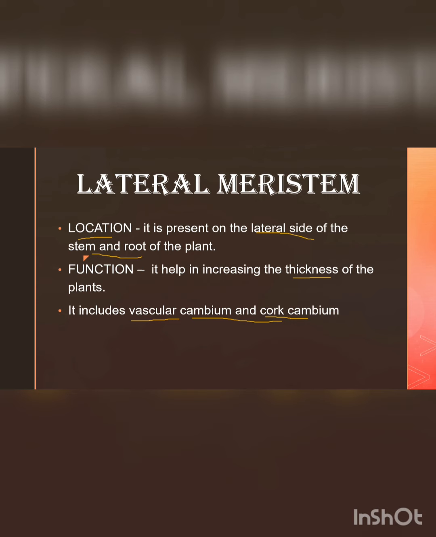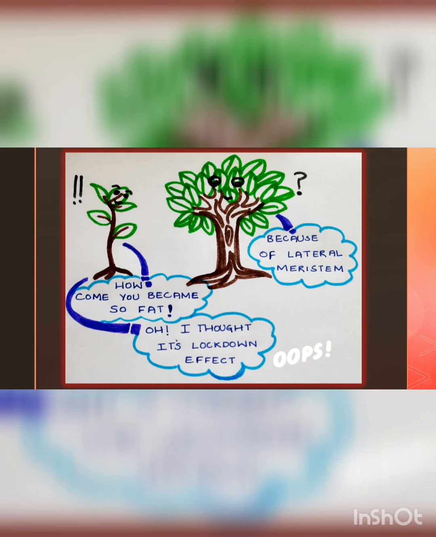Here is the diagrammatic representation. You can see this is the initial stage of a plant, how it looks, and this is the later stage. Here I am mainly talking about your lateral meristem. Why here? Because you can see this area is so thin earlier, since only the meristematic tissue was functioning. But later, in this picture, when the lateral meristem has come into the picture, this growth has increased over the years, and again the vascular cambium and the cork cambium have appeared.